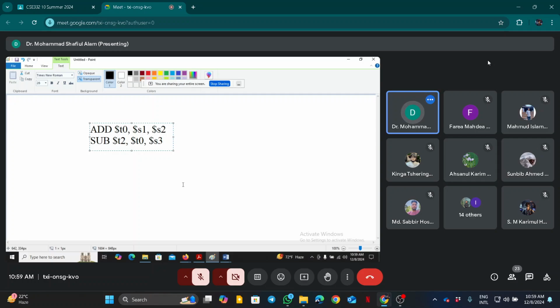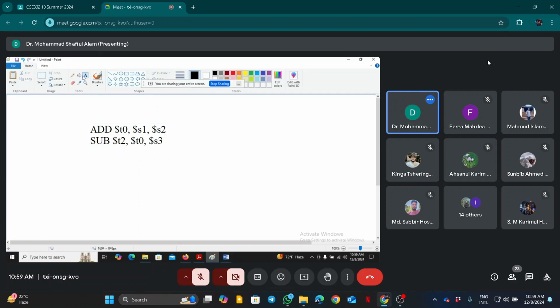So if we have two instructions like this, it means, let's say this is the result field of the first instruction, right? And the result is used as operand in the next instruction. So the second instruction depends on the result of the first instruction. When these instructions are processed on a pipeline architecture, there would be a hazard, and this hazard is called